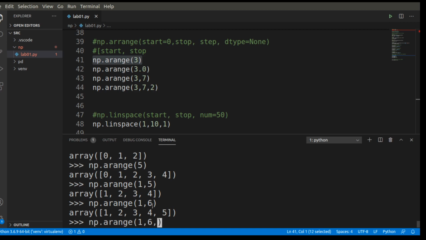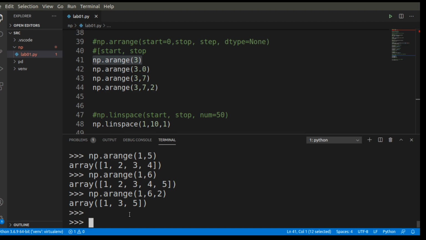So if I want step 2, that means the difference between 1 and 3 is 2, and 3 and 5 is 2. That is the difference between the values. You can use it for even numbers and odd numbers. In one command you can generate them. For example, if you want to generate even